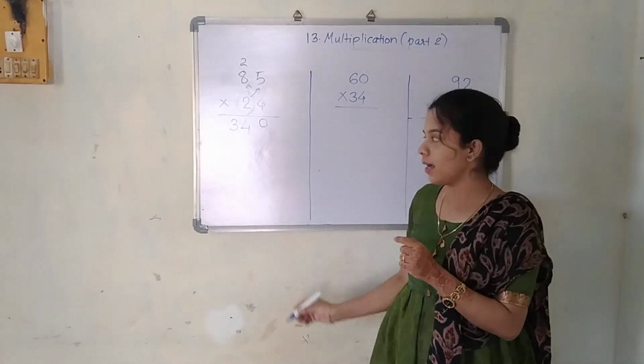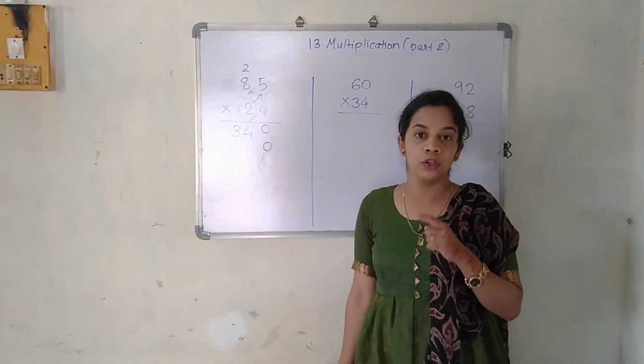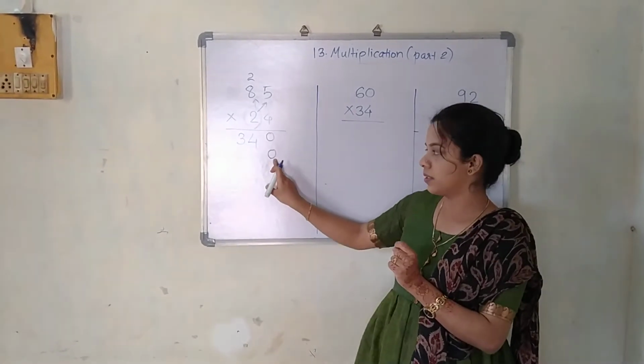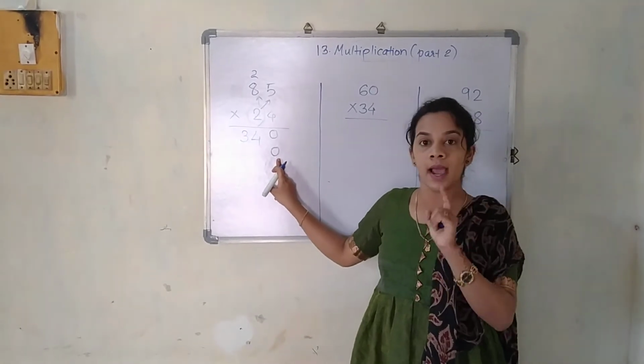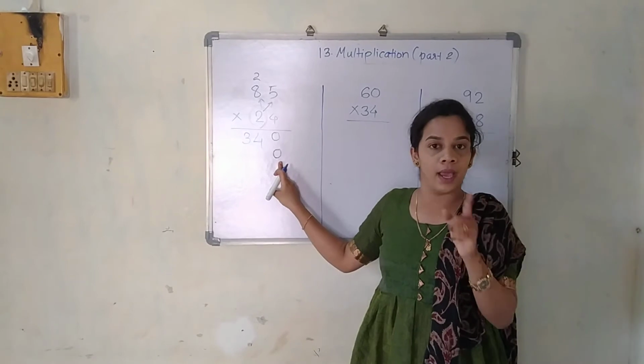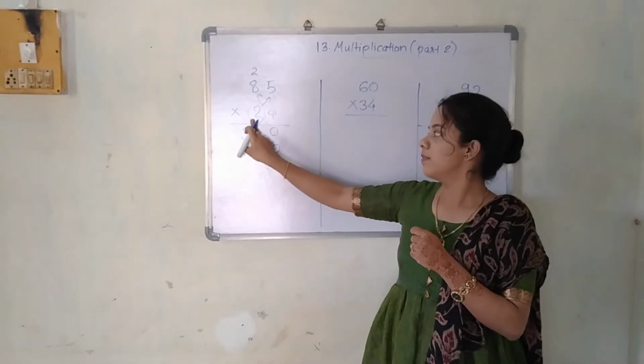But before doing that, always remember you are going to add an extra 0 over here. Never forget, when you are going for the next step, always add 0. Okay? Let the question be anything, you are going to add 0 over here. So now we will start.